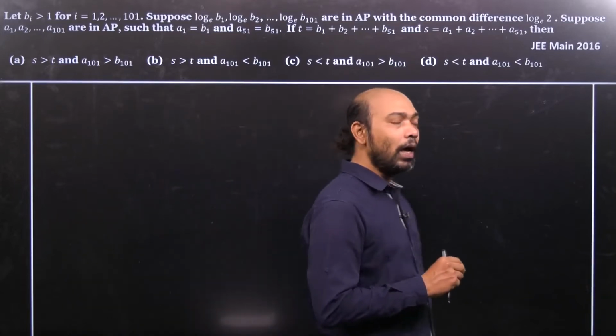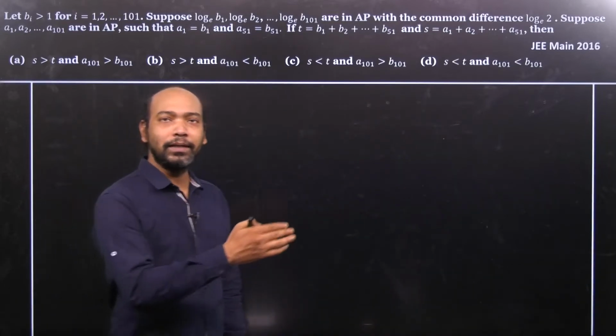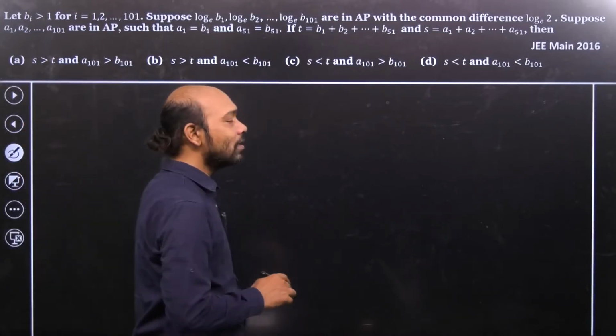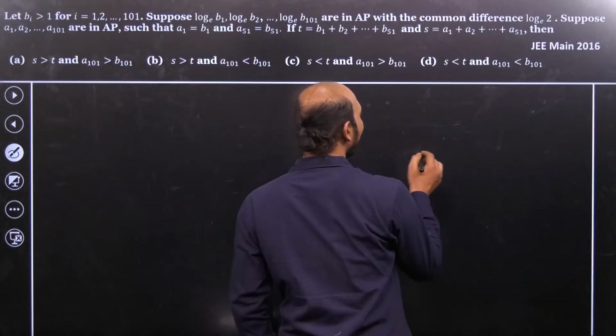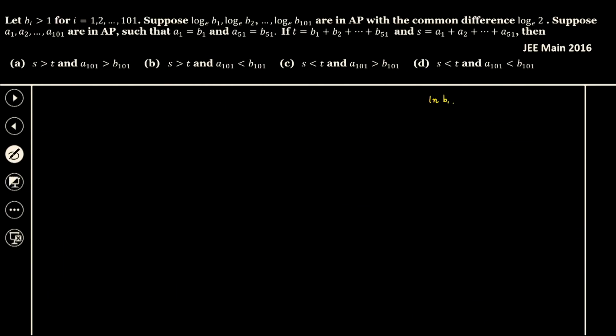So the first information given is that log of B1, B2, B3, up to B101 are all in an AP series, right? So let's consider that. It's given that log of B1, log of B2, and so on, ending with log of B101, are in AP with common difference